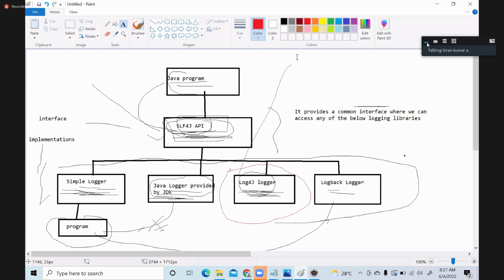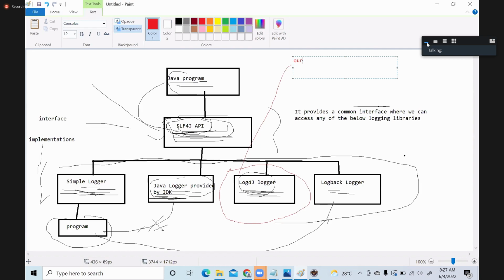So our main focus in this tool, in SLF4J, is log4j. So we'll see examples with log4j, because log4j is the most popular and all that. Okay, now without using SLF4J,